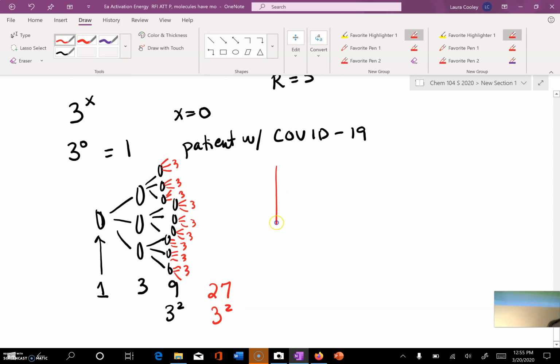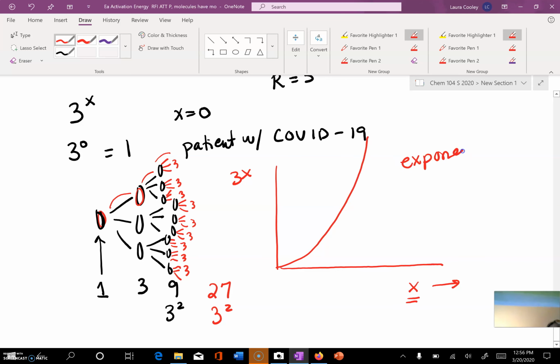So this function 3 to the x versus x would be how the number of viral cases increases with each transfer, like the first generation, the second generation, the third generation. And it increases so rapidly, which is what's meant by exponential increase